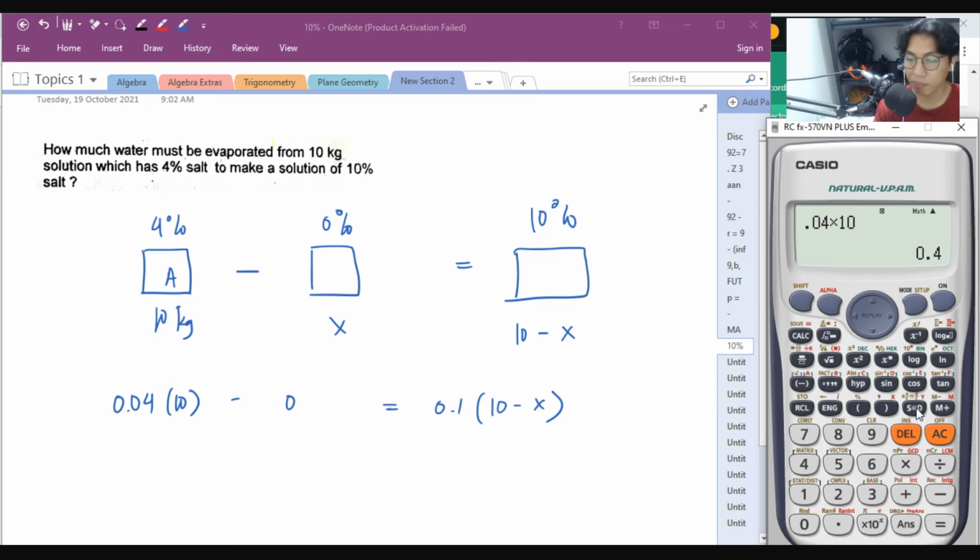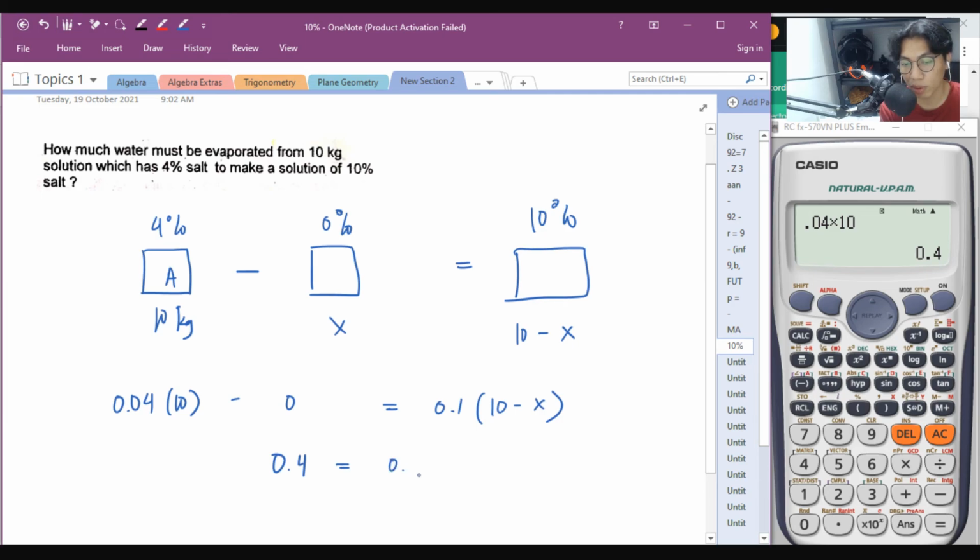So, 0.4 equal to 0.1 times 10, I think that is 1, minus